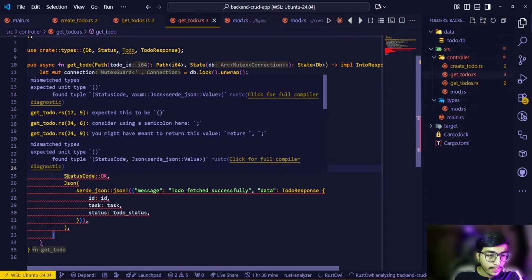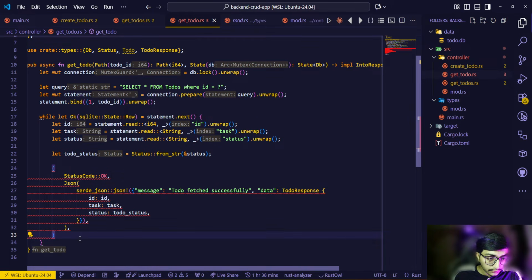Here you can see mismatch: unit type, found tuple, status, value, and expected this to be tuple. So why is there an error? Because what if there is no ID? What if there is no any